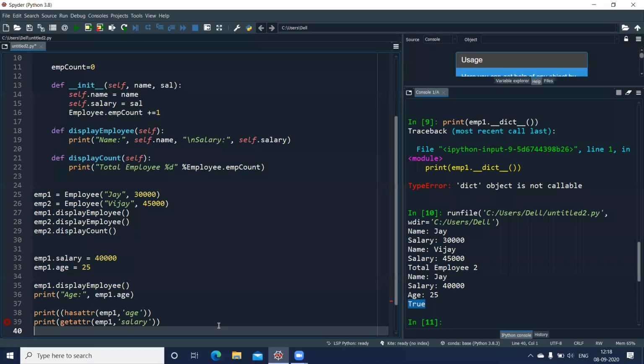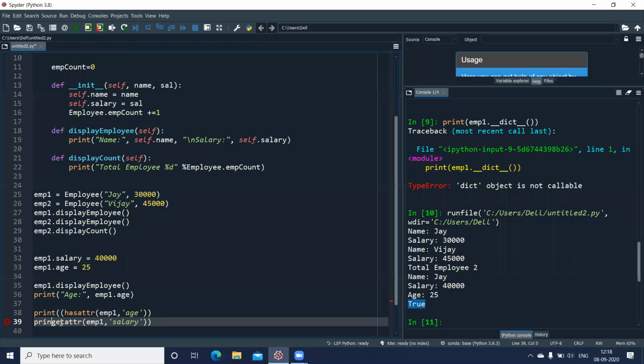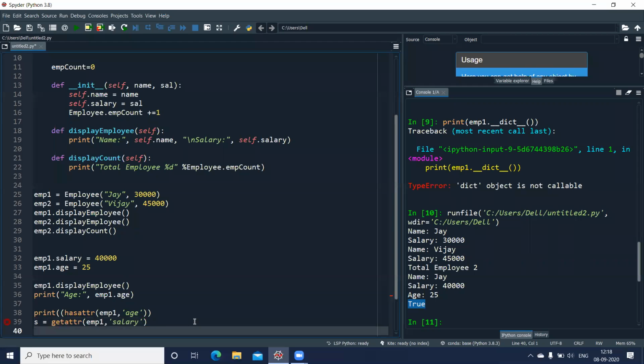emp1 salary. Or let us write s equal to, whether this works. Okay, can anyone guess what the error is here?